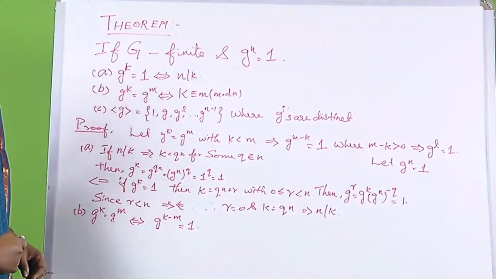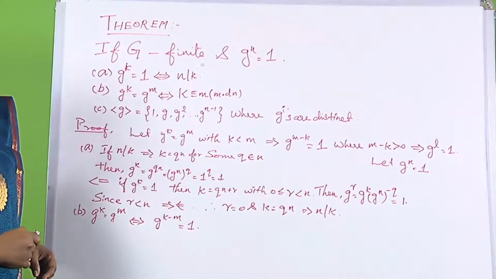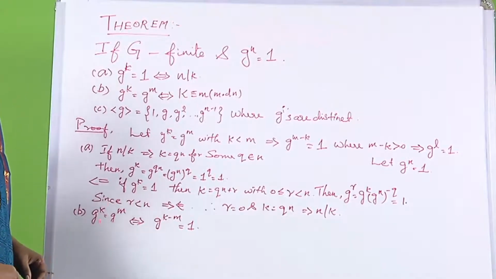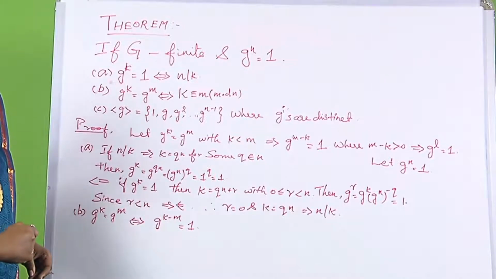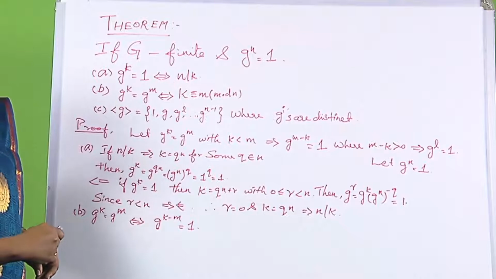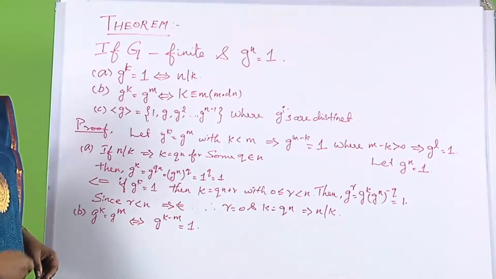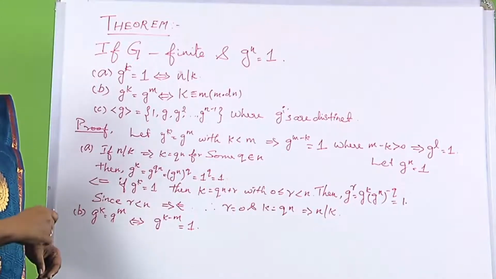Now, coming to point B, if we have g^k = g^m, then k is congruent to m mod n. All we have to do is take g^k = g^m, and from this we can write g^(k-m) = 1. Now we know that from point A, g^k = 1 if and only if n divides k. So, similarly applying point A here, this is true if and only if